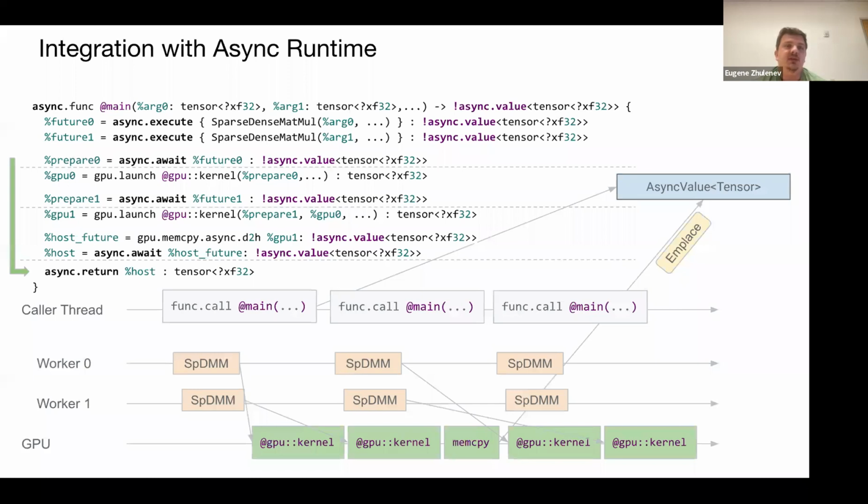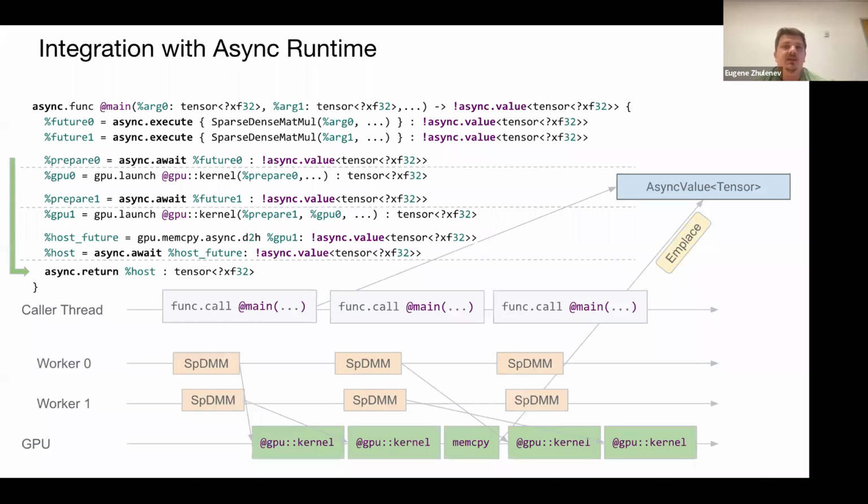So the idea is that you never have to block your main thread of execution. Once you see an async await of an async value that is not available, you suspend your execution and register a callback. Once the value becomes available, it continues with the continuation, everything that goes below async await. And at the C++ level, the async value that you can see in the MLIR IR, at runtime, this